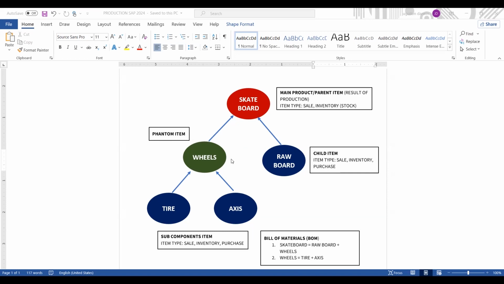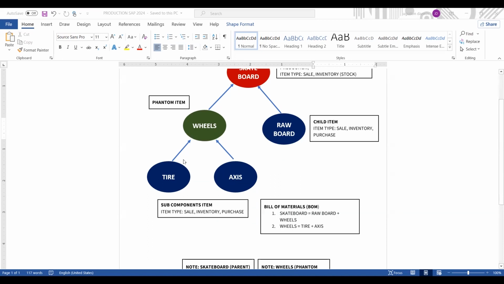Why is this particular wheels regarded as a phantom item? When we talk about phantom items, phantom items are items that do not actually exist. Why? We need to produce this first using other subcomponents. In this case, we have tire and axis.